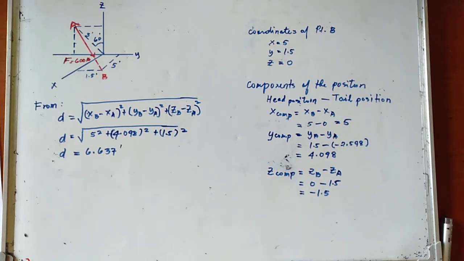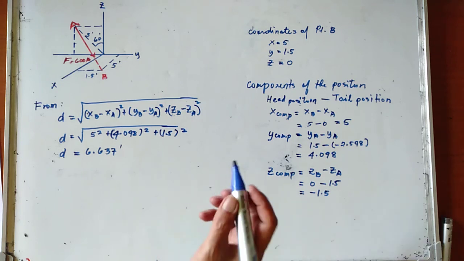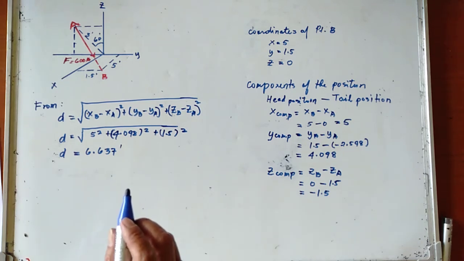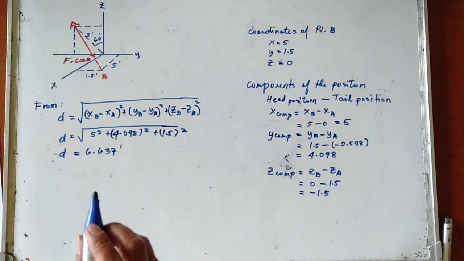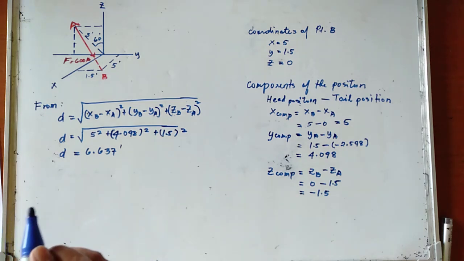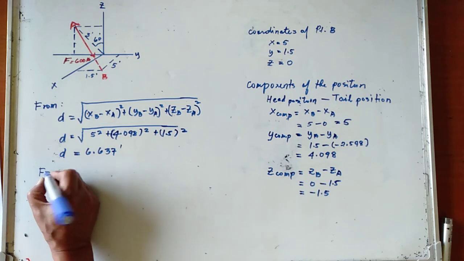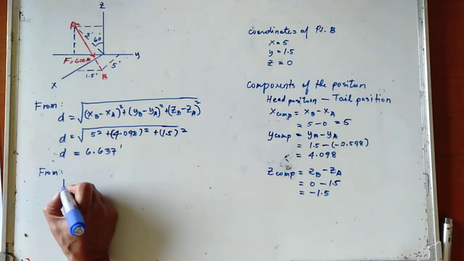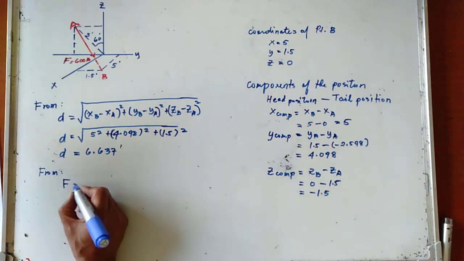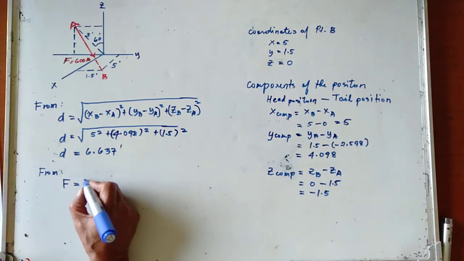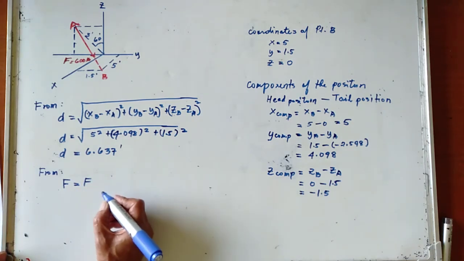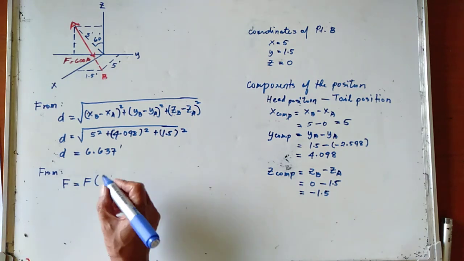Now, knowing the magnitude of the position vector, which is equal to 600, let us try to first express this one in its vectorial form, or in the standard Cartesian form of a vector. So this is the vector F, which is now equal to the magnitude of the vector F, and then we have